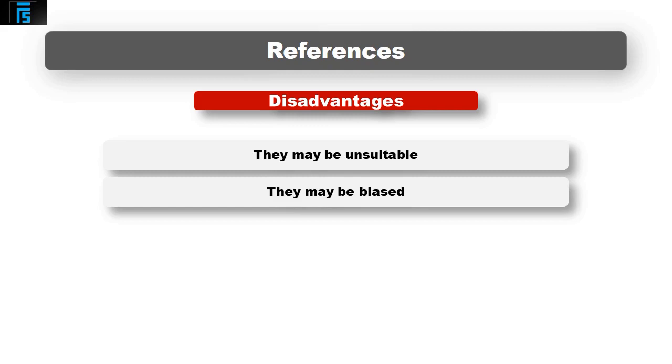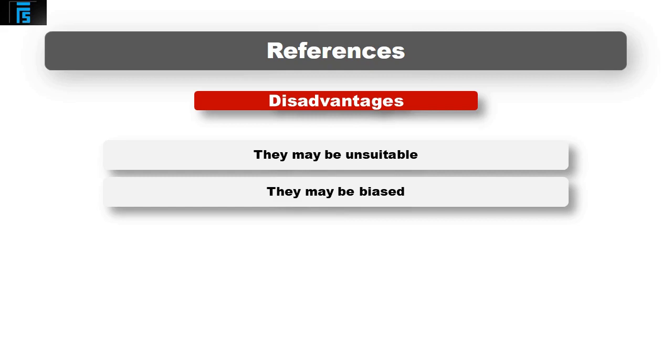They are usually written by somebody who worked with this candidate at their previous employment. Well, why did they leave? Did they leave on bad terms? In other words, did they have a row? Did they have an argument, and that's why the candidate has left? In which case, you're not going to get a very fair reference. It will probably be too biased to say that the person isn't very good.